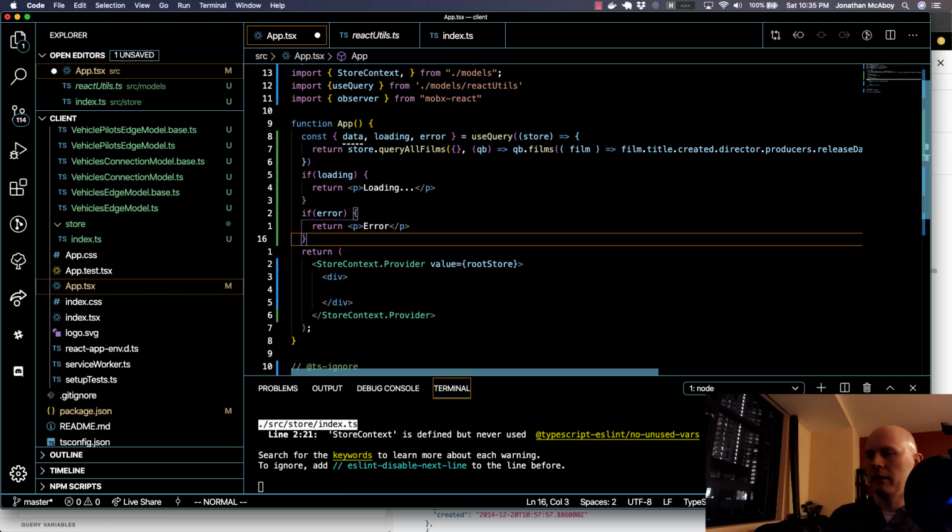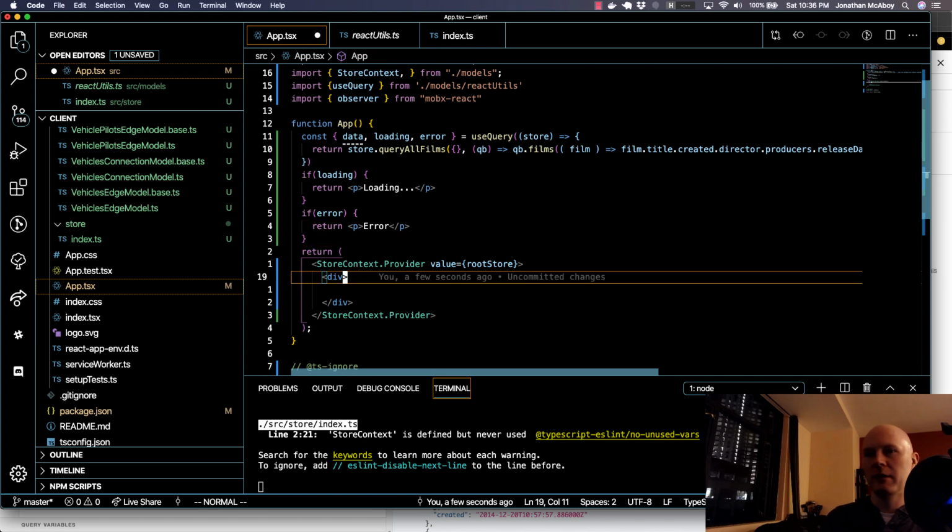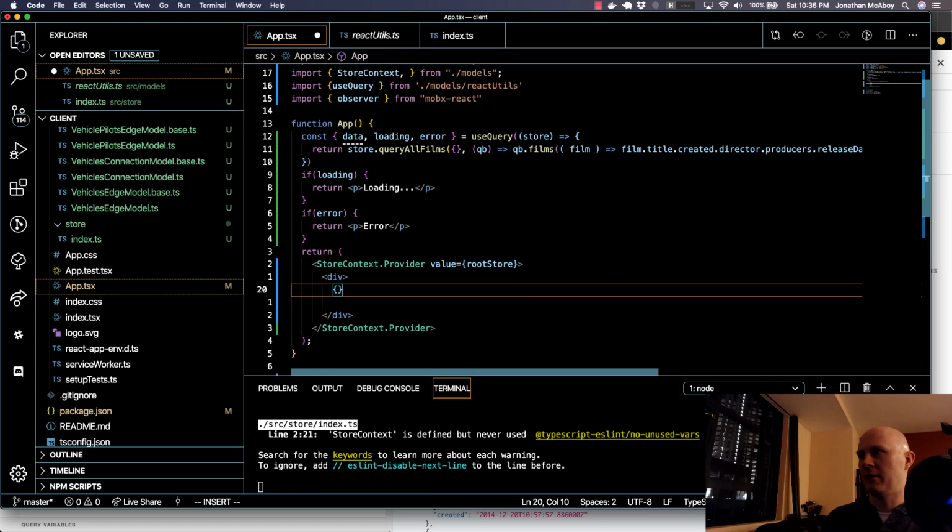And now at this point, you should be confident that your data will actually be populated. So to use it, just come into your JSX and specify your data parameter and do data dot